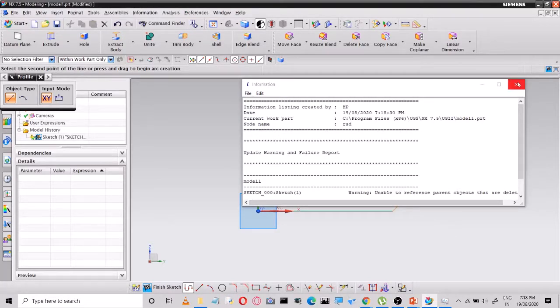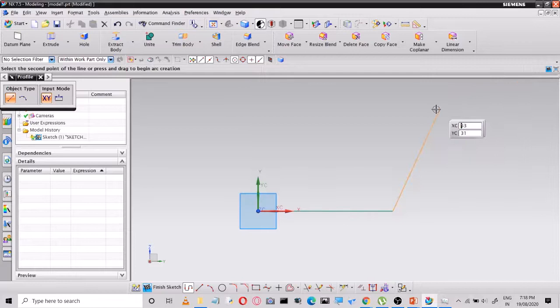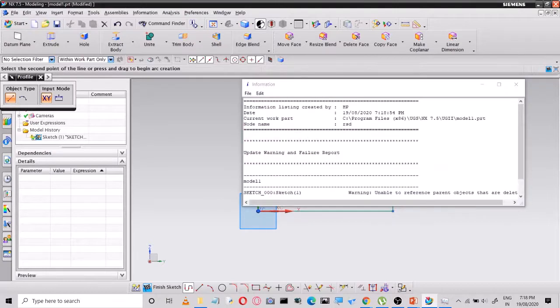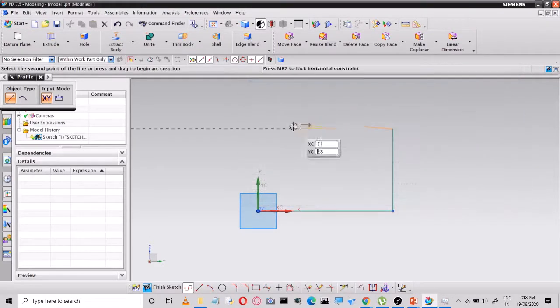It's giving information, so you need to turn off information. Similarly, you can provide coordinate value x 40. Use a tab to switch from one coordinate to another coordinate here. Now, x is 0 here, y is 25.